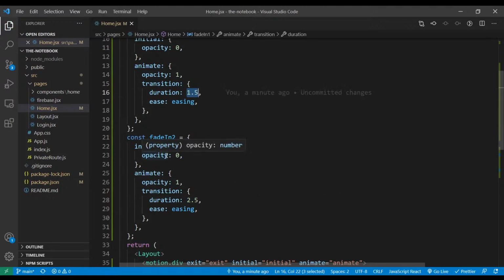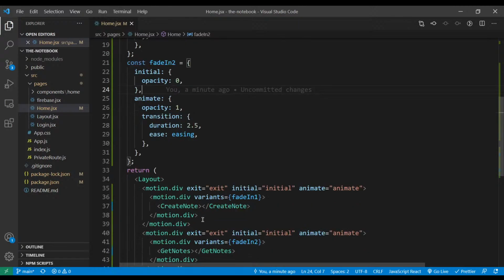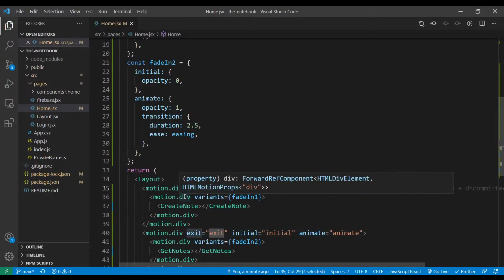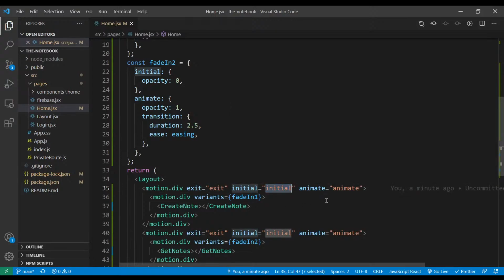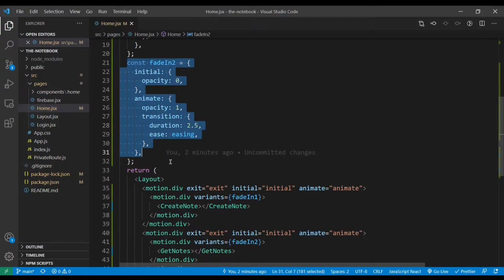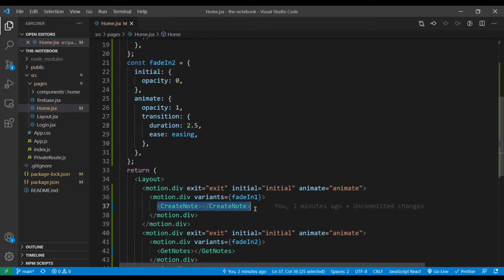So basically, when you wrap two different divs, the outer one would take care of your exit animation, which is basically, again, exit doesn't have anything written to it, so it'll stay as opacity 1. That's exit by default. Initial will take care of how the initial state of the component should be, which is basically opacity 0. Animate will take care of how to animate it. Okay, whereas fade in 1, you would tap into the actual object that you've written over here. So you have two divs and you want to wrap them inside this. You can vary